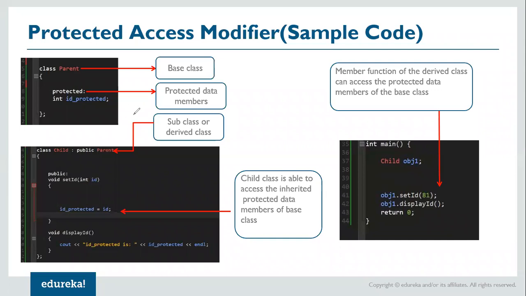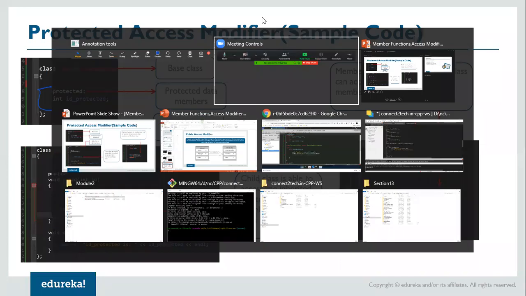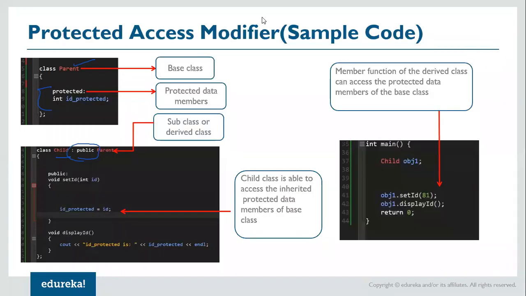If you look at this slide in front of you, here I have a base class, which is a parent class, and it has a protected member. In this case it is public access, but if you access it as private, I have already explained how it will behave, and if it is protected, that also I have explained to you. And we have already seen an example of how it works for public access in case of inheritance. So I will head back to my VM to explain this with a little more example.